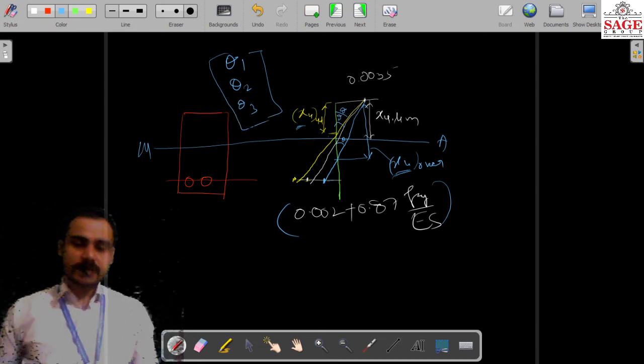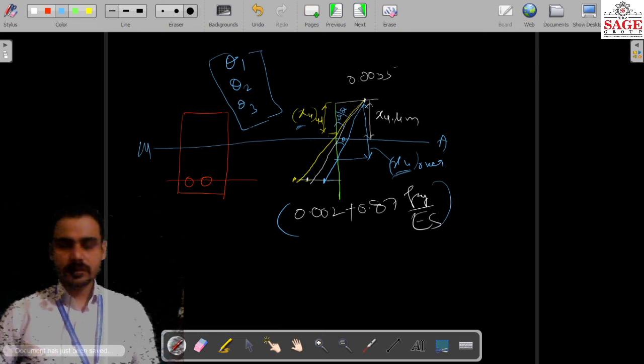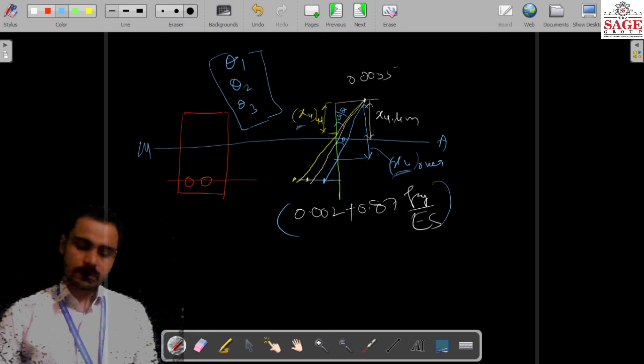So basically, these three types of sections generally occur in the design at the time of designing an RCC structure, and we adopt the under reinforced section for our design, because that shows failure in a ductile nature, and if the failure is ductile, we get a sufficient amount of warning before the failure. Even if we talk about the balanced section and over reinforced section, there is no warning sign of failure before the collapse. So that's all for today.